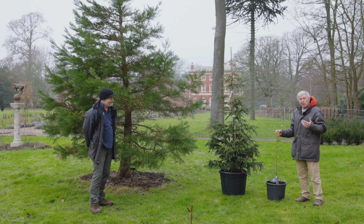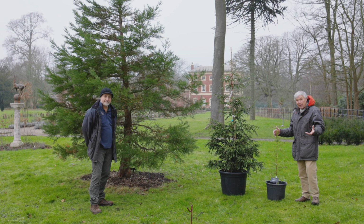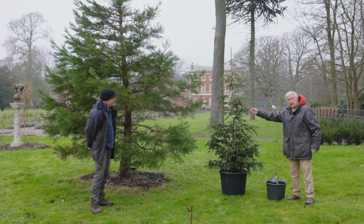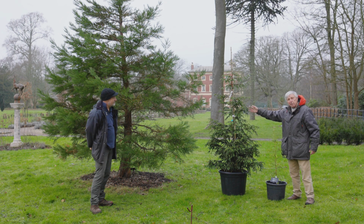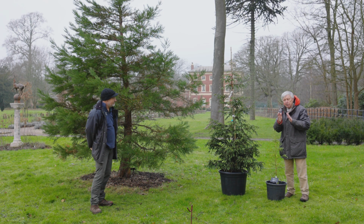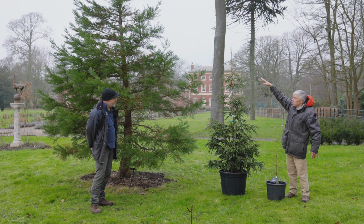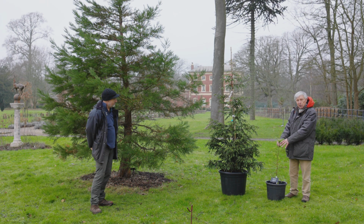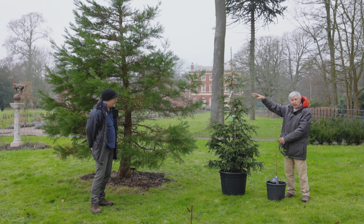We can look at varieties that have occurred in the wild or cultivars that are now cultivated, and here's a perfect example. This is Sequoia sempervirens and the cultivar is Cantab. Notice that it's somewhat more adpressed, it's compact if you like. This is the sort of size we have been planting, anything from this sort of size up to here, and Alan in a moment will be telling you about where and why we've planted,